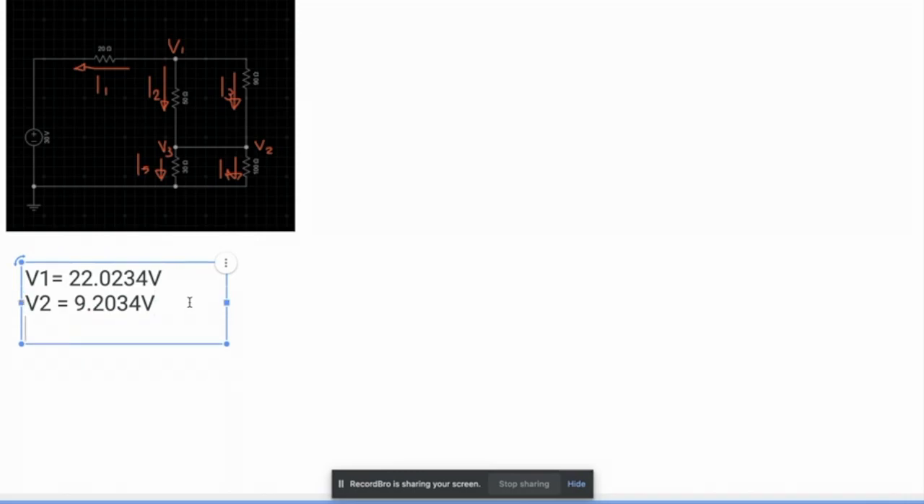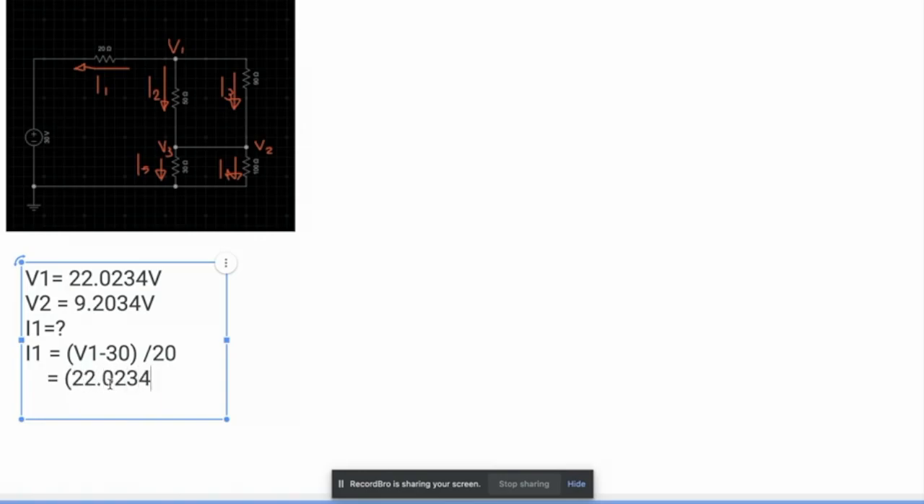So that means I1 is equal to, again, V1 minus 30 divided by 20. As you can see, the direction of the current is going to the left. Since 22.0234 minus 30 will arrive at a negative, that means it will go on the other side, facing a different direction. So that means I1 should be negative